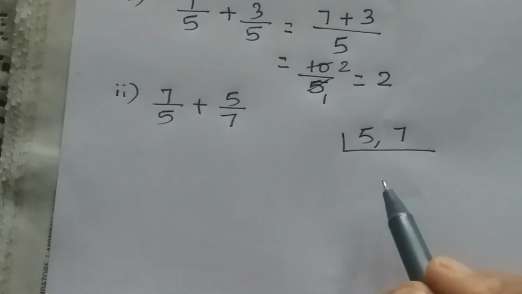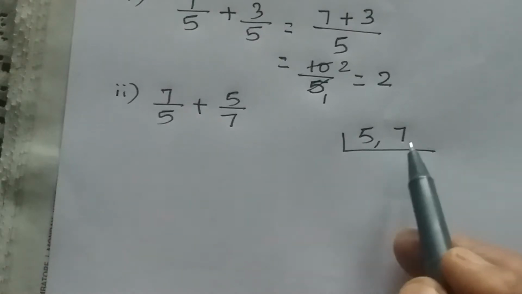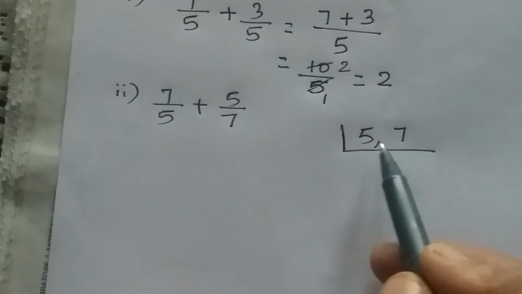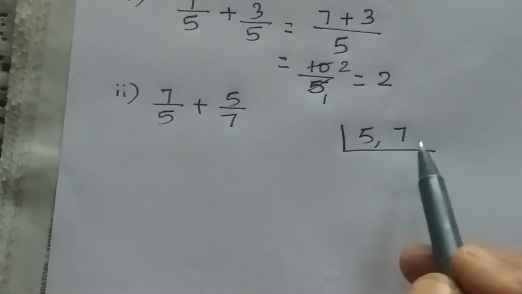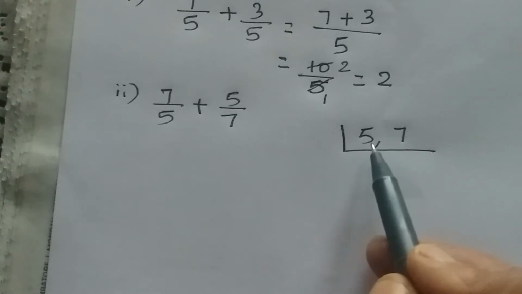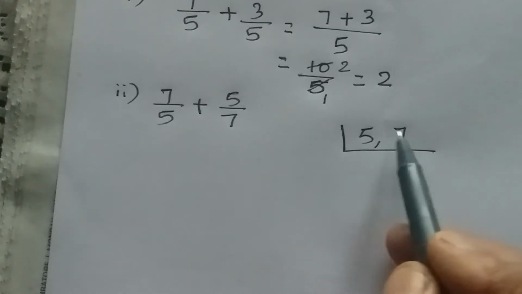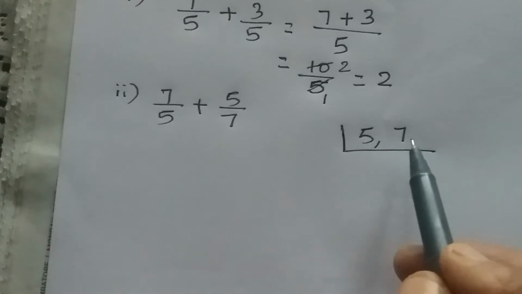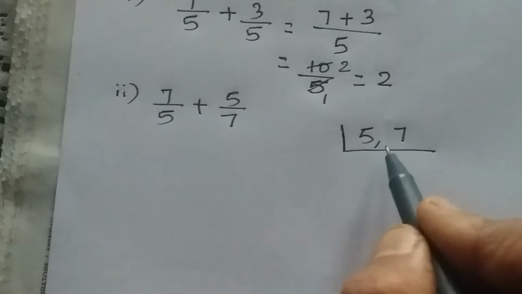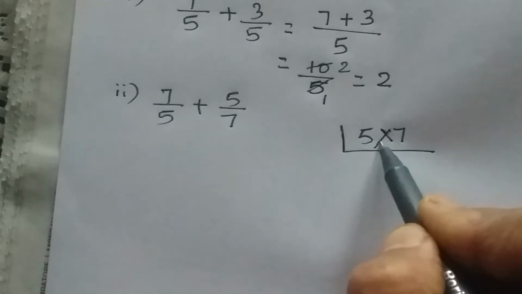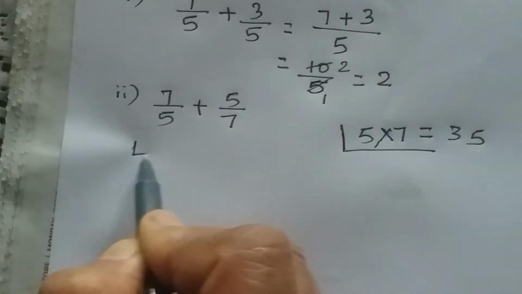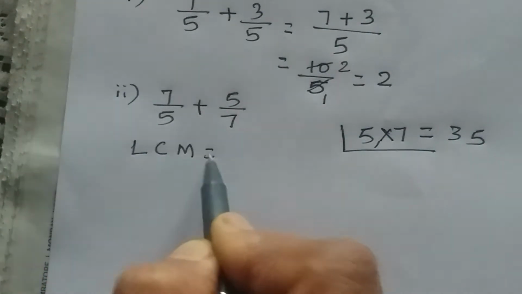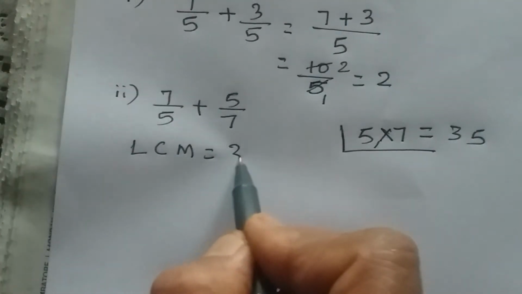Now we have to check for a common factor. Both 5 and 7 should come in the same table. Are you getting any table with both 5 and 7? And one more thing, both are prime numbers. So 5 is divisible only by 5. That means 5 comes only in one table, the 5 table. And 7 is also a prime number. It also comes in only 1 and 7. So they don't have any common factor to divide. In that case, how do we find LCM? We just multiply them. 5 7s are 35. And what is LCM? Least common multiple of 5 and 7 is 35.